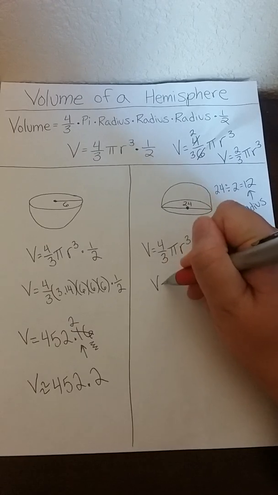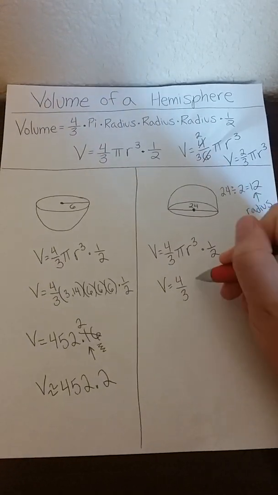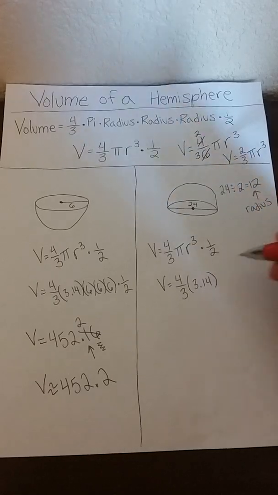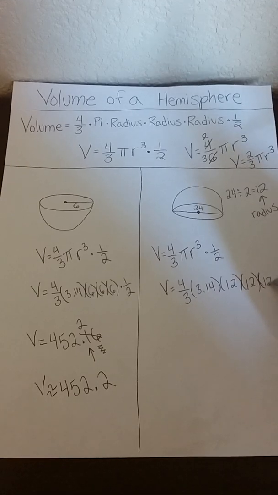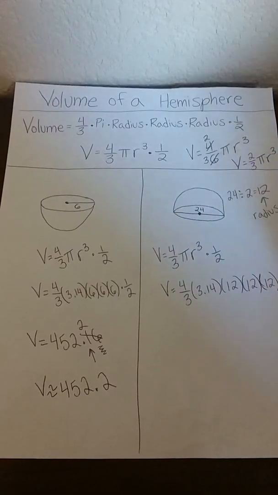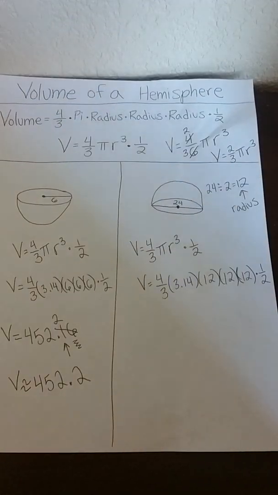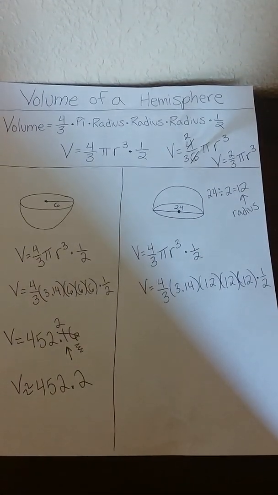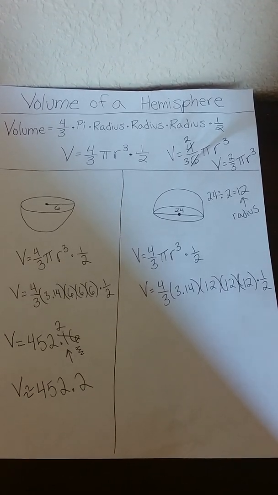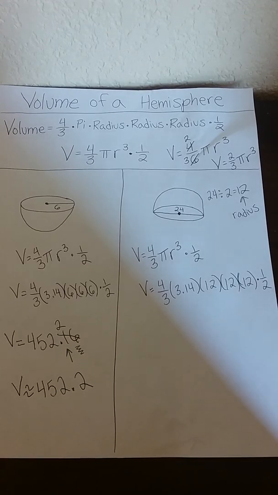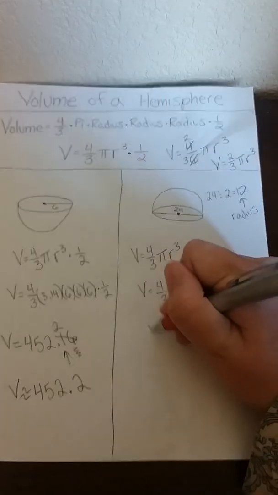We plug things in, so we do 4/3 times 3.14 times 12 times 12 times 12 times 1/2. So we have volume equals 4/3 times 3.14 times 12 times 12 times 12 times 1/2. Please put this in your calculator, and again, when you put this in, you need to just type in 3.14, not put the pi button. Because if you just push the pi button, it's not actually going to match the answer. So we're going to get volume equals